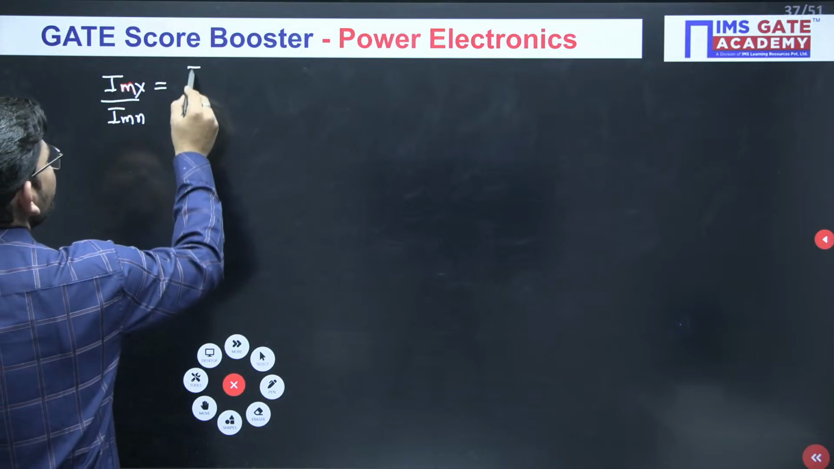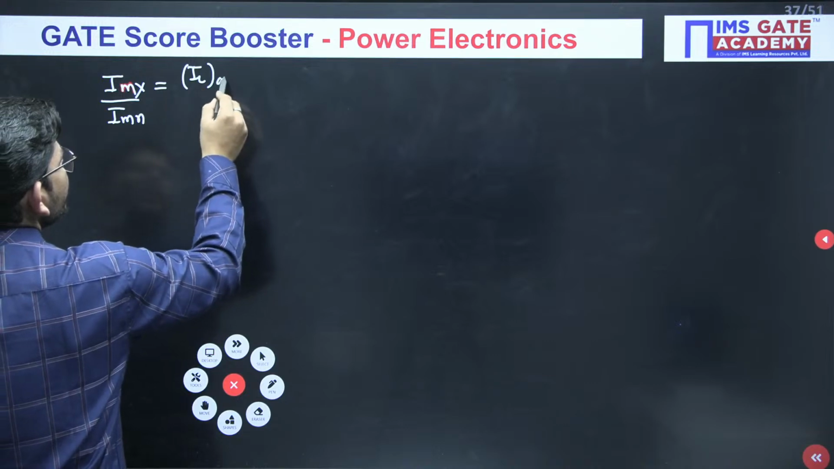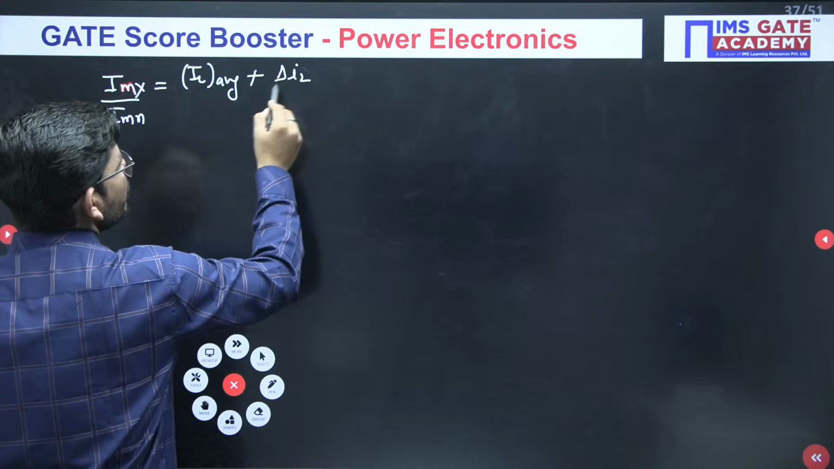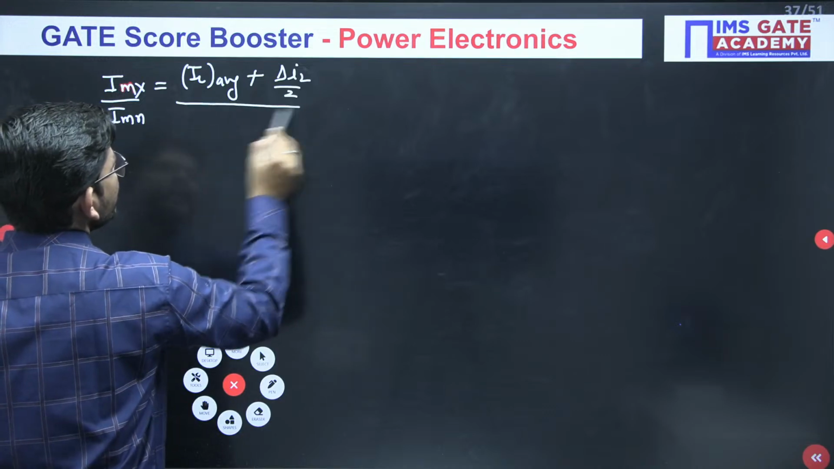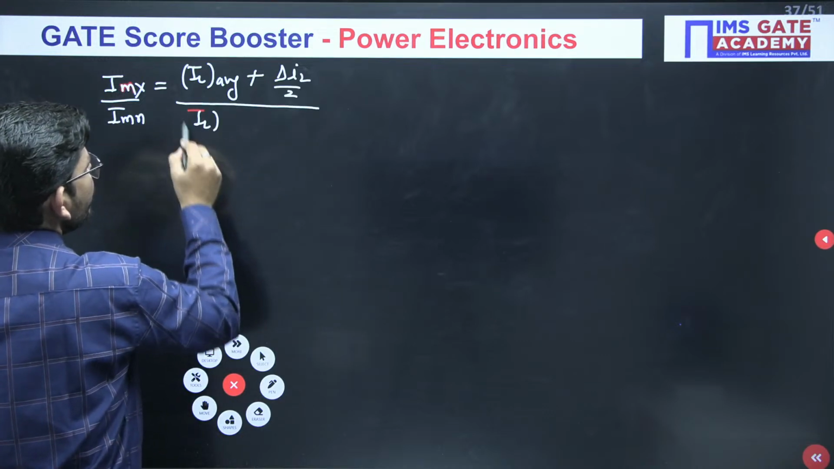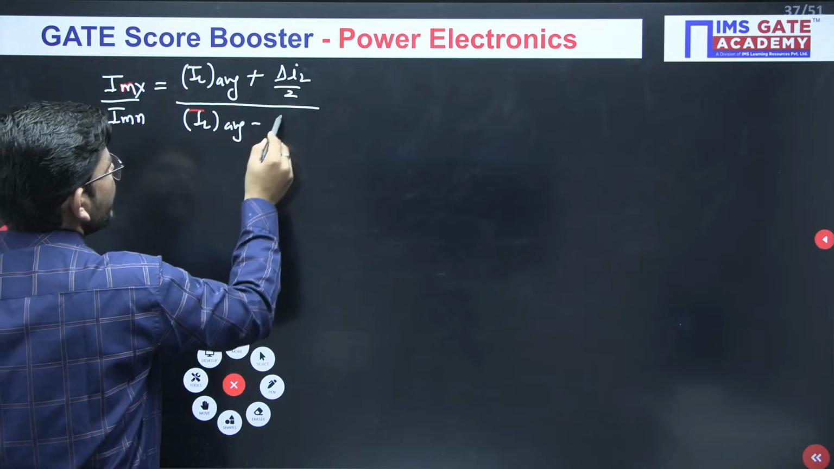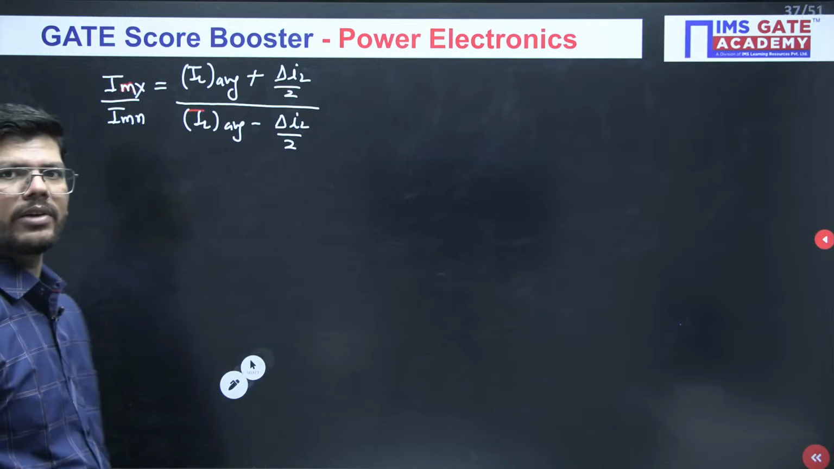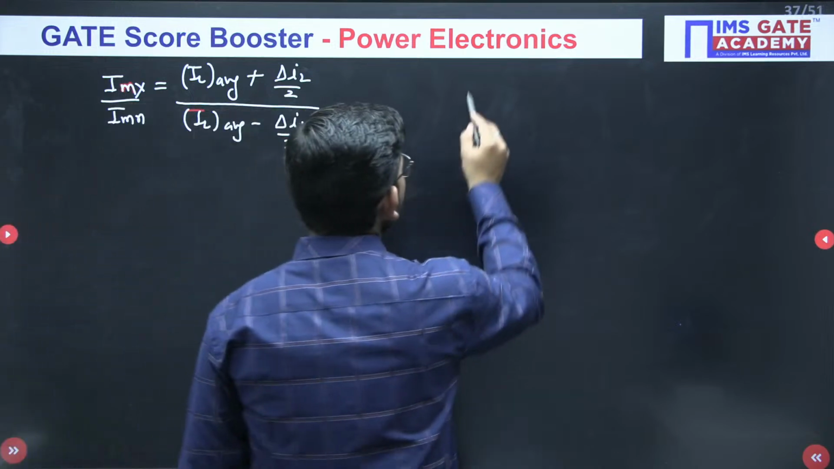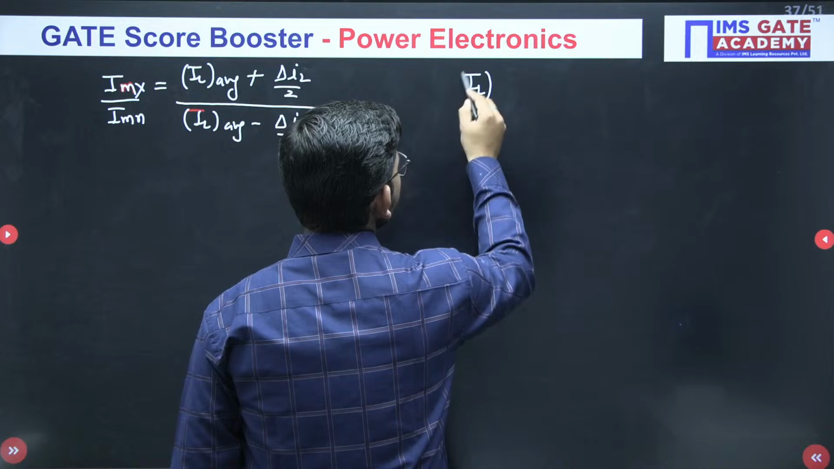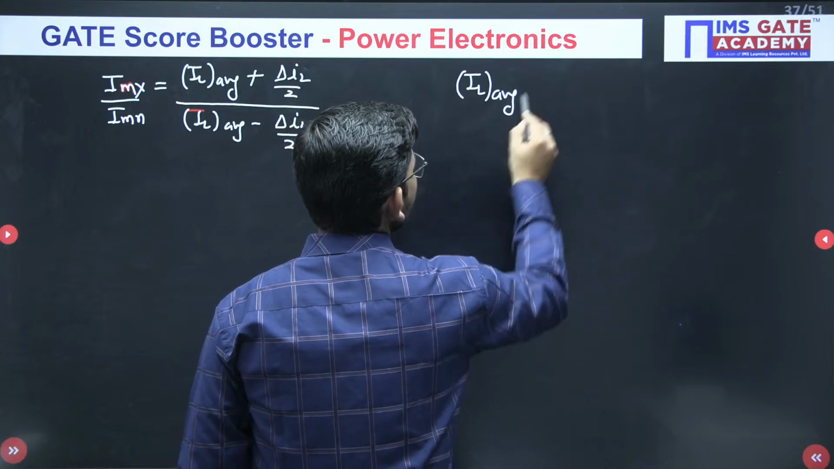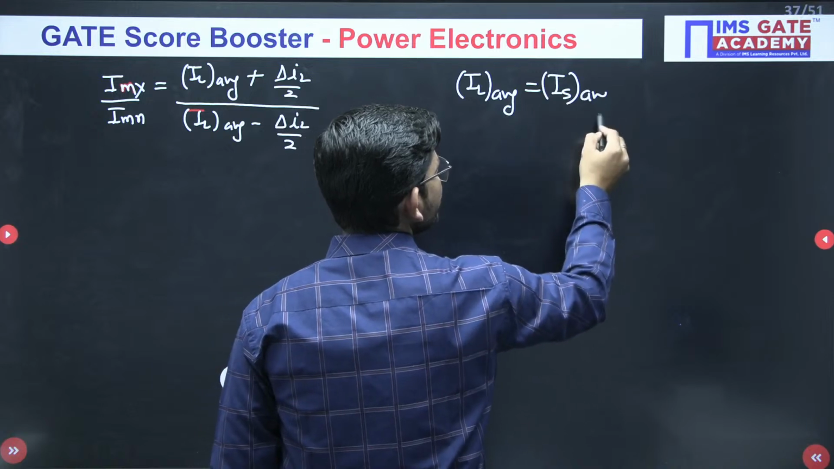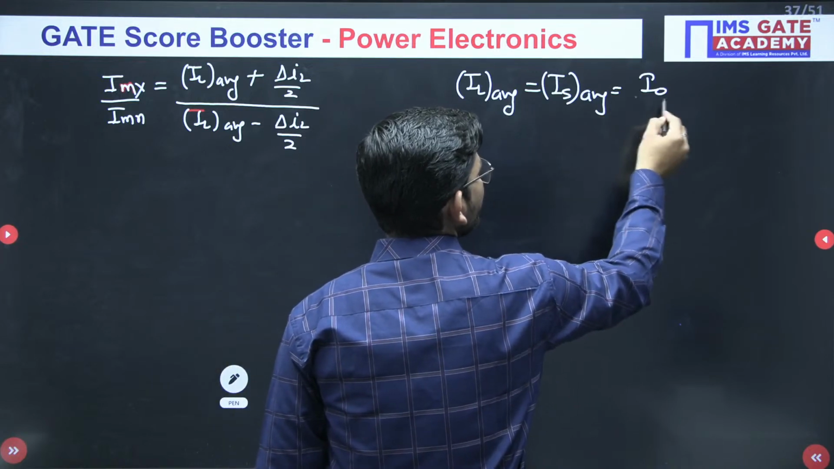So what is the value of Imax and Imin? This will be IL average plus delta IL by 2. That will be Imax. Similarly, IL average minus delta IL by 2, that will be Imin. This is what we have to calculate. Okay. So for that we require the value of IL average. Okay. And IL average across a boost converter is equals to IS average, and that is equals to I naught